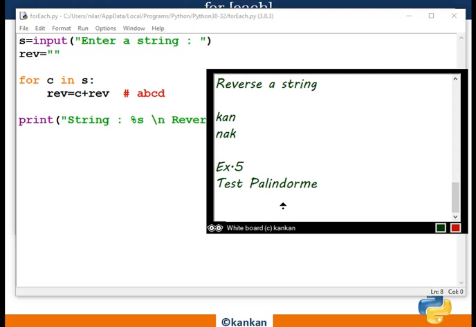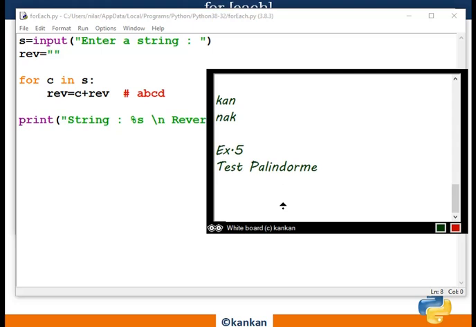To test. What is palindrome? Do you know what is palindrome?